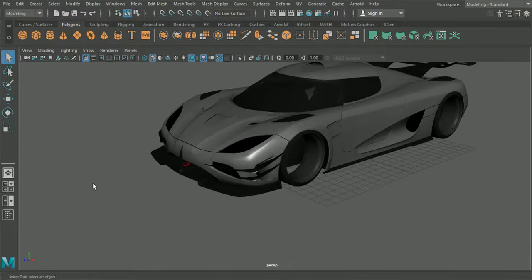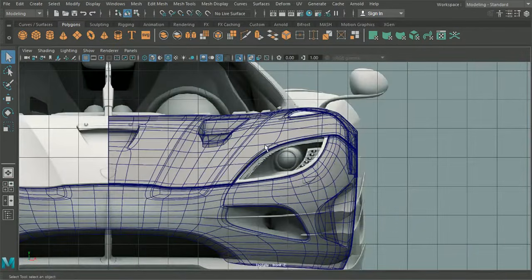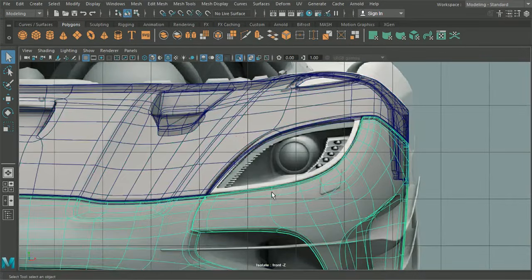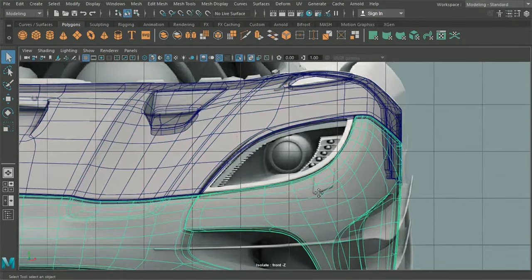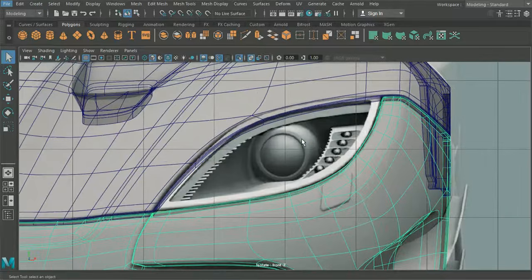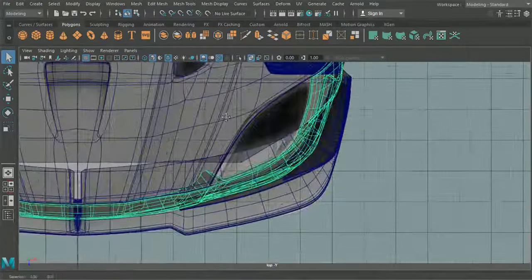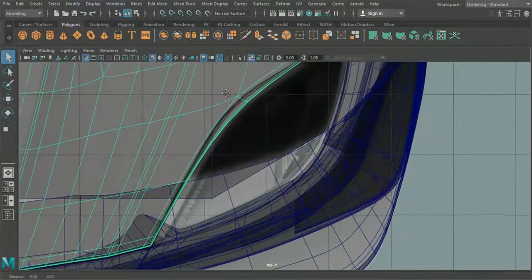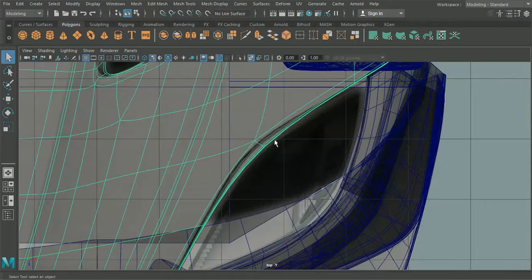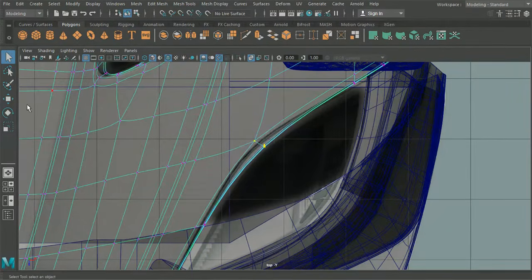So what we'll do then is we'll start with these lights. So in my orthographic view here I've just isolated the sections that I actually want, which is the hood, the image plane, and this lower bumper here as well. So what we're going to want to do is firstly make sure that we are looking good around the whole of this light here. So we can see that on my model here we're not quite there because this section here does look like it needs to be higher.